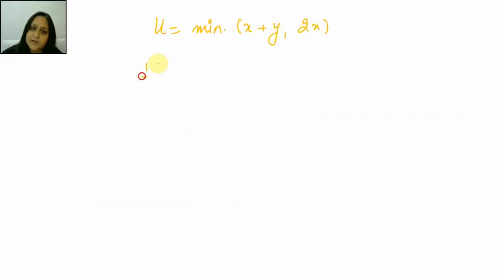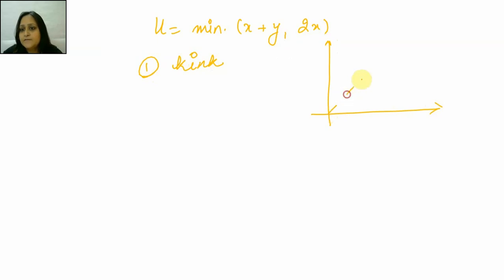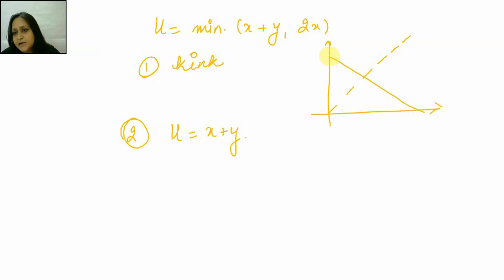This is my curve, right? The first point is I'm making a kink. I found out where the kink is, on the 45-degree line. The second thing I do is I put u is equal to x plus y. Yes, this is the line that came. Either this one will be rejected or this one will be rejected, right? So actually, before even moving on,